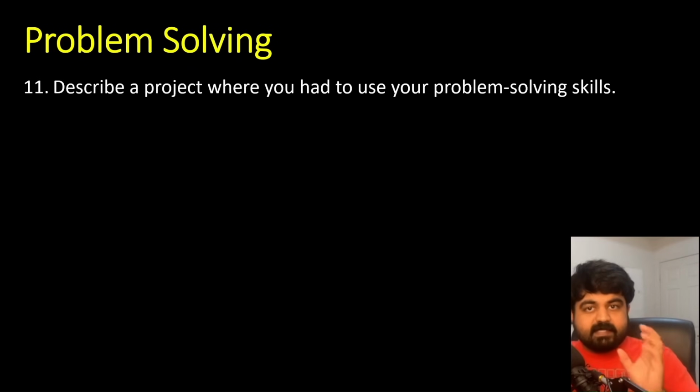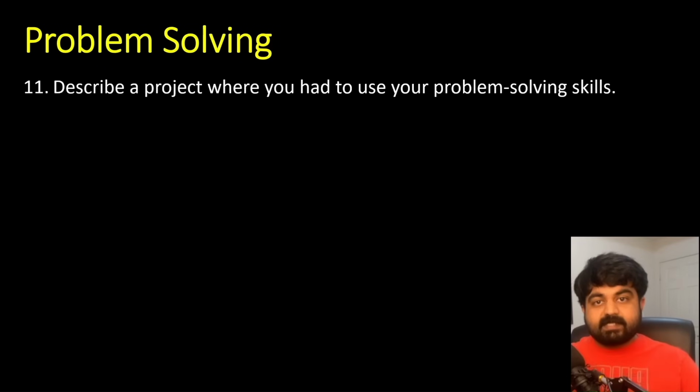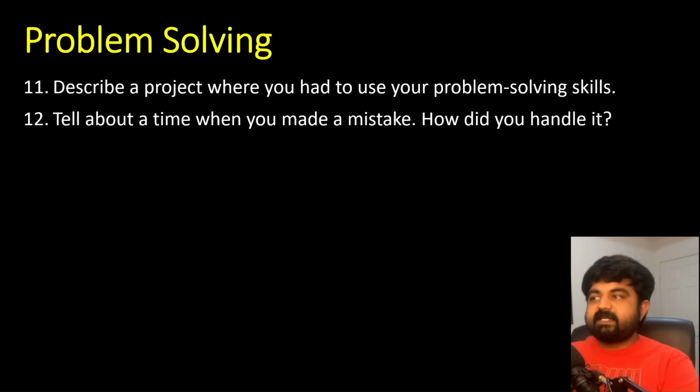And after realizing this tricky situation, what solution did you come up with? How did you use the problem solving approach? How did you convince others that your solution is correct? And then what was the end result you achieved? So this can be a pretty good way to explain how you think on different aspects and different scenarios.